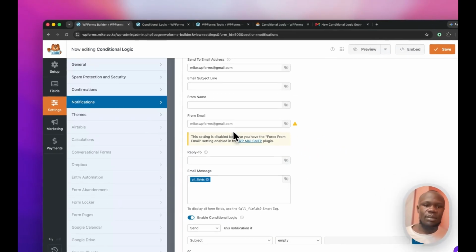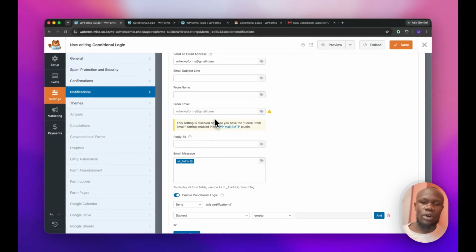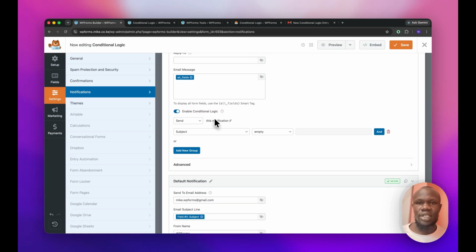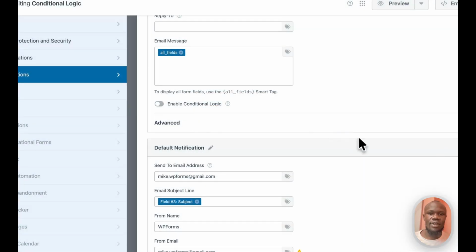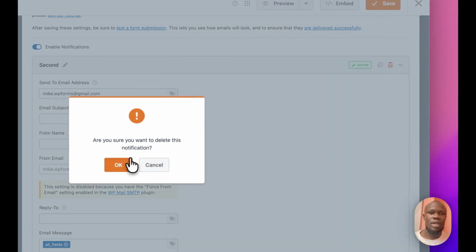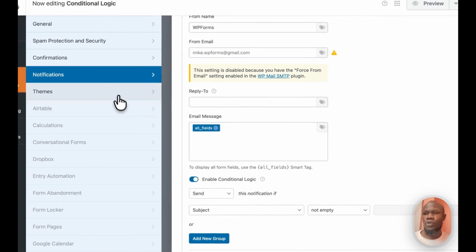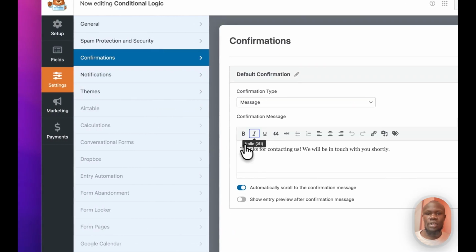And the advantage, similar to how we were using the other logic, you can do the same thing right here. So this comes in handy if you're running any promotional ads and you want to send different events depending on the number of fields that your user selects. Another thing on how to use conditional logic in WPForms is to show different confirmation messages depending on the submission by a user. So for example, I can go to confirmation, and for this,